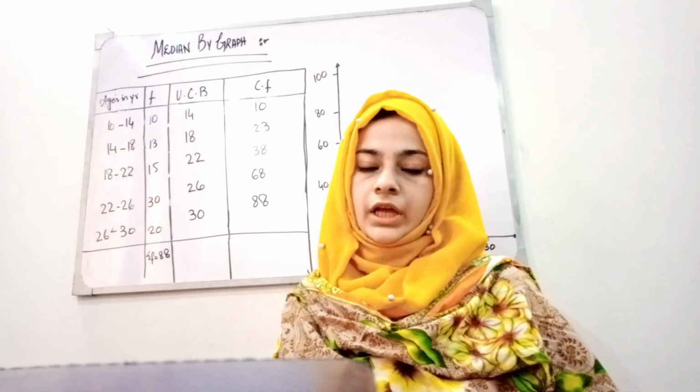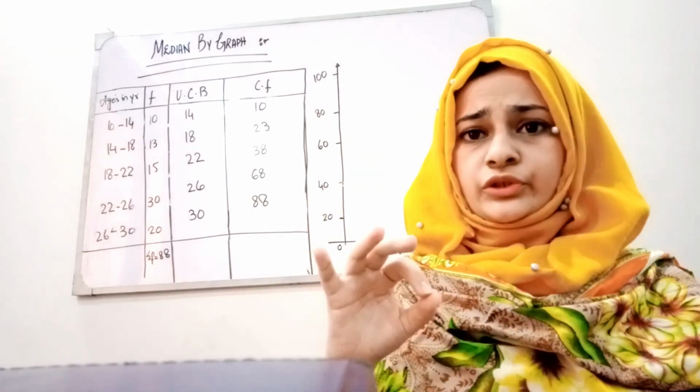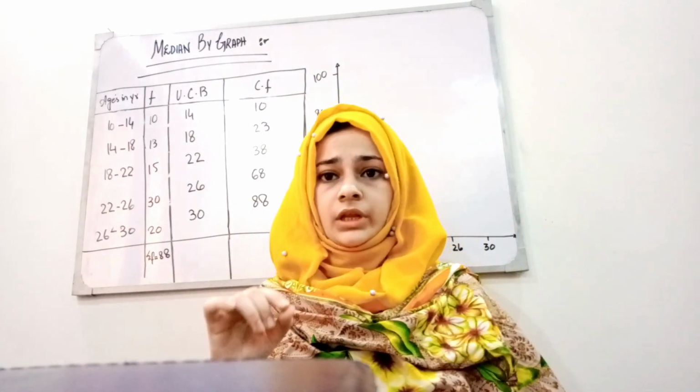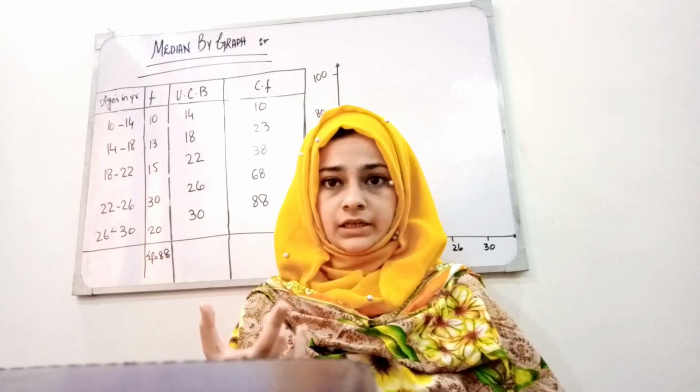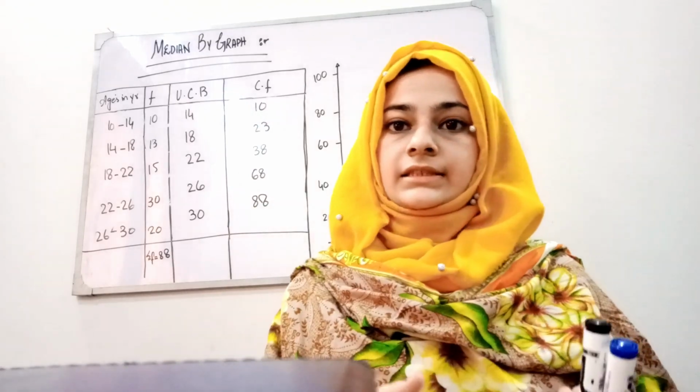For the median, we can calculate the median from an ogive when the ogive is given, because the median is the value which lies on the x-axis corresponding to the cumulative frequency. So students, here we have to calculate the median for an ogive curve. I've taught you previously how you can calculate the cumulative frequency curve, which is also known as the ogive curve, for both the less than type and more than type.